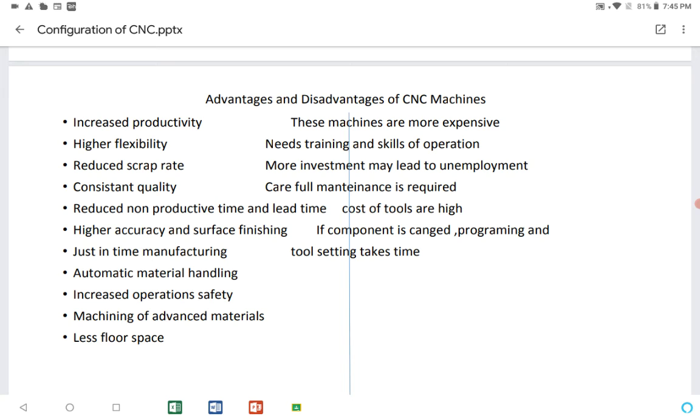So about 11 points under advantages, and whereas in the disadvantages, you can see here.